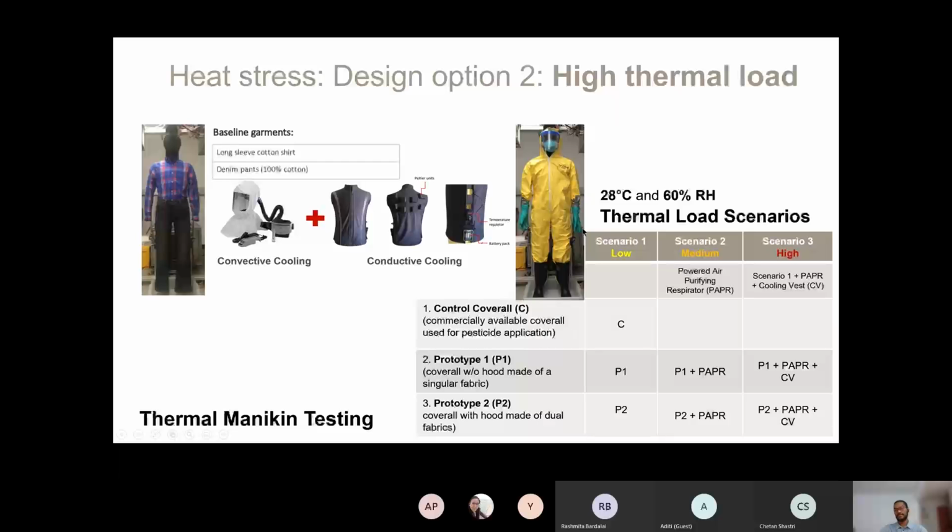set of protective clothing in that sequence, and then we can test these ensembles in three different scenarios, one with very low thermal load, the second with a medium thermal load, and the third with a very high thermal load. And in these three setups, we can use our configuration of using a powered air purified respirator with and without the cooling vest, the conductive cooling vest that we are developing, and trying to see the efficiency and the efficacy